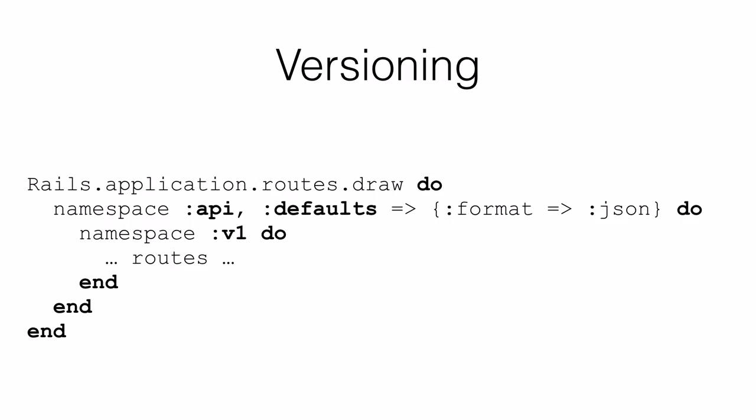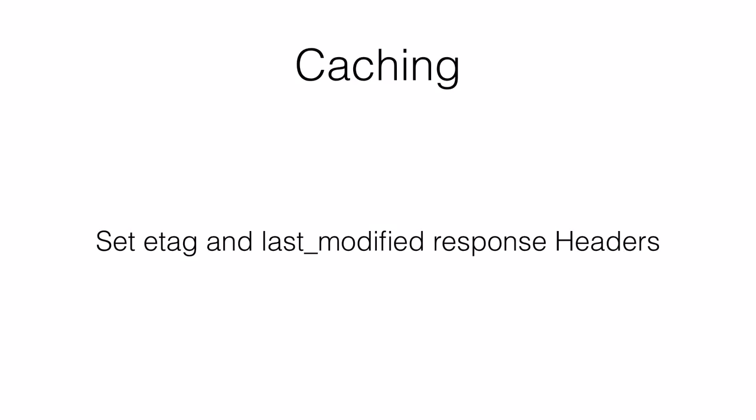So now people would do GET /api/v1/contacts. And if they want to access version 2 of the API, they would do GET /api/version2/contacts. And this makes everyone happy. In HTTP, there's a thing called